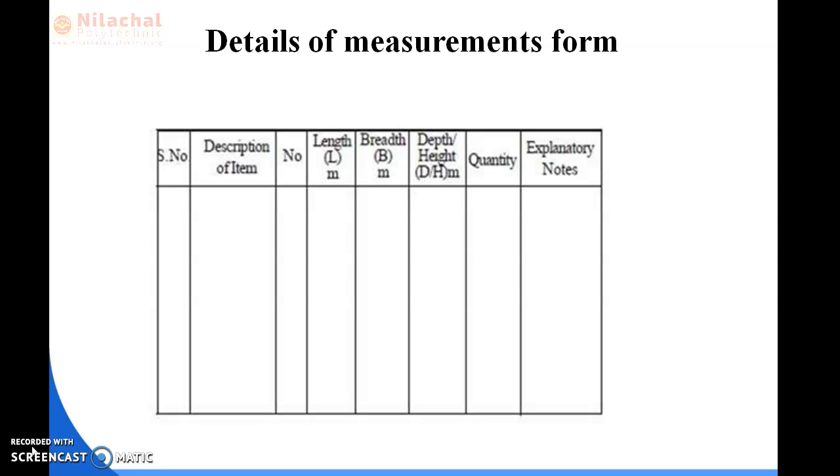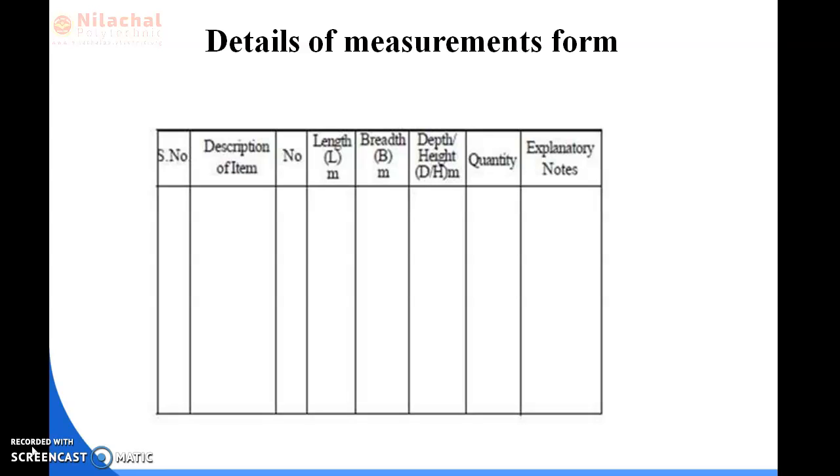We can consider here meter, centimeter, millimeter, whichever is easier. Then the next column will indicate breadth, then depth or height, then after that the quantity, then the last column indicates the explanatory note. Okay.